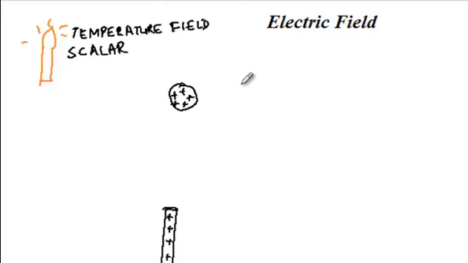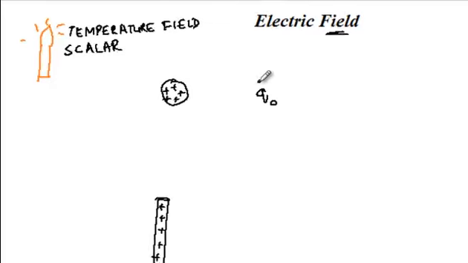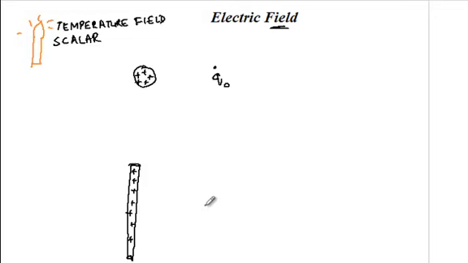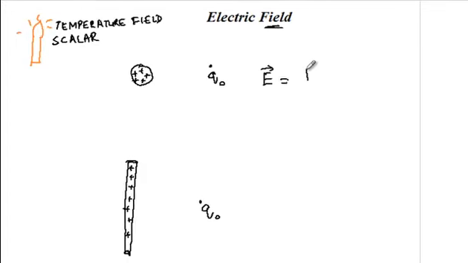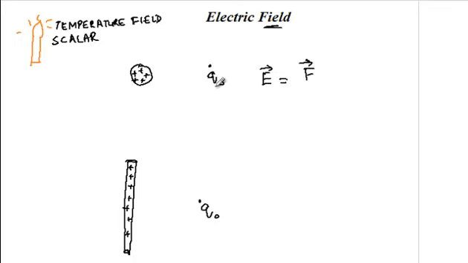The difficult part is how do we detect the presence of an electric field? We know that there is an electric field around this charge, but how can we measure it? You would suggest that you place a charge, say Q0, over here, and measure the force that the charge experiences. Say for this charged rod, we place a charge Q0 over here and we measure the force. Now, the electric field is defined as the force which this charged body experiences divided by the charge Q0.